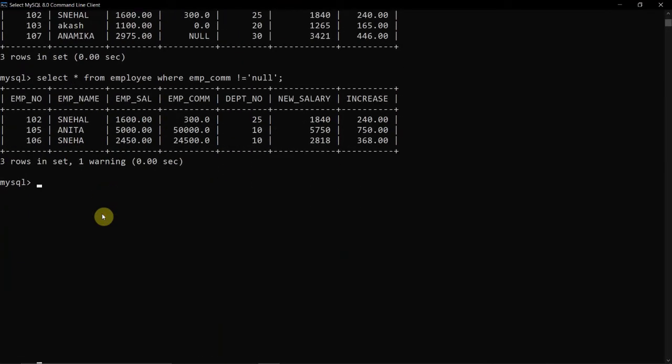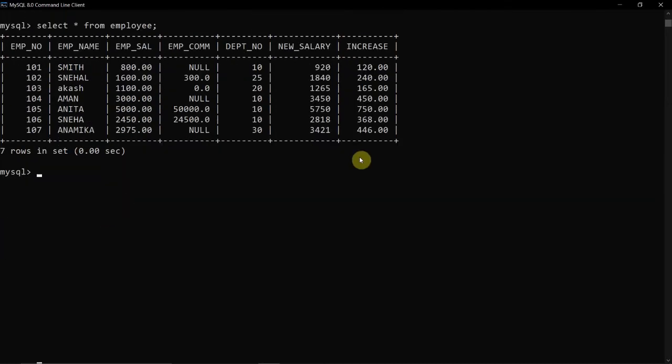Let me take the table here. I will write select star from, since I want the whole column. This much part would be just the same. Now I will write where, with the condition that the increment should be greater than 500.